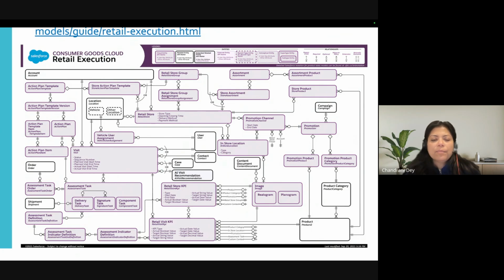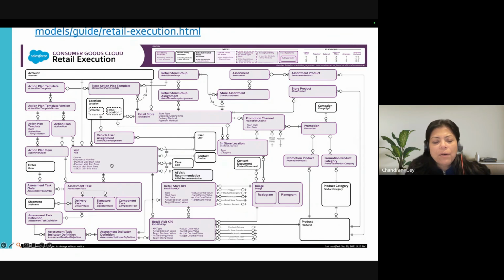But you have a lot of capabilities here to work with store groups, store assignments, store locations, everything, which you can use if you want to.